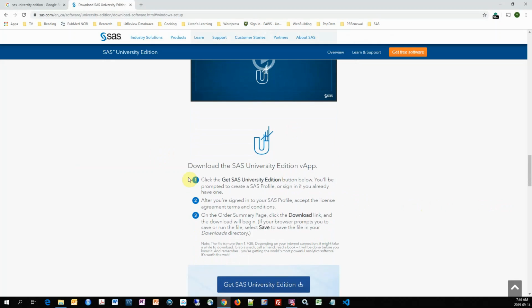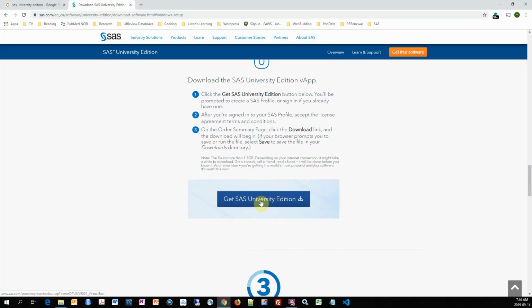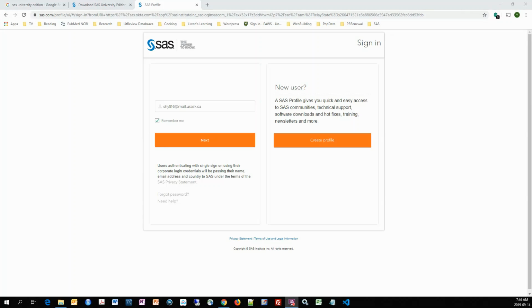Step 2 is to download the SAS University Edition. Just click this button and you will be led to this page, and basically you need to sign in using your SAS profile. If you don't have one, you are going to create the SAS profile. I'm gonna skip this part because there are a lot of videos and resources that you can search to create this profile. But anyway, I have this profile. I just go ahead and